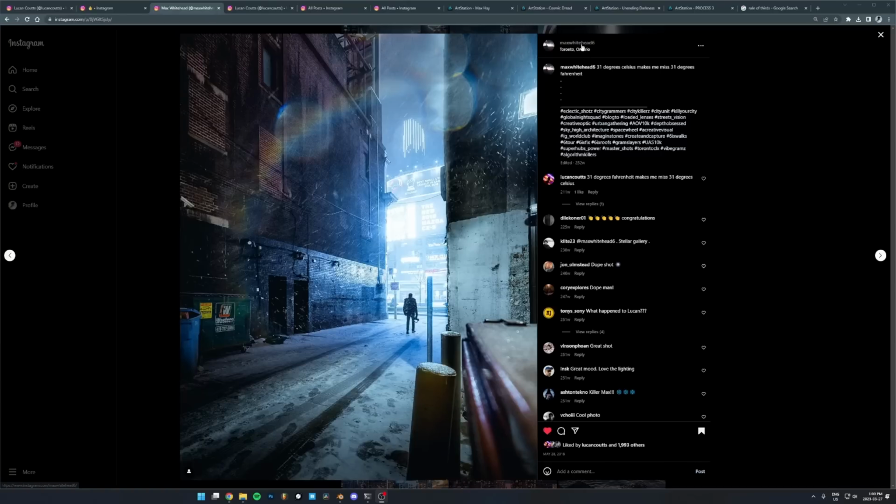So this one is by Max Whitehead. These two guys here, Lucan Coots and Max Whitehead, I'll be showing you a lot of their stuff. They've influenced my compositions quite a bit over the last couple of years, so I really like their stuff. But let's talk about what is actually going on here. There's a few things to look at. The first thing that I usually look at,